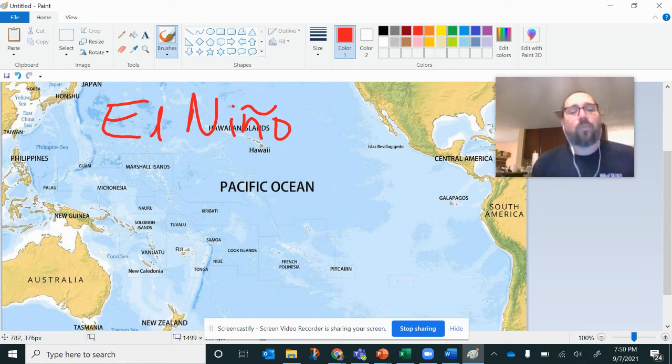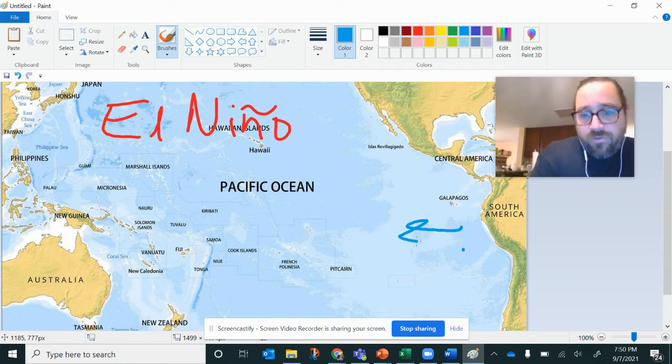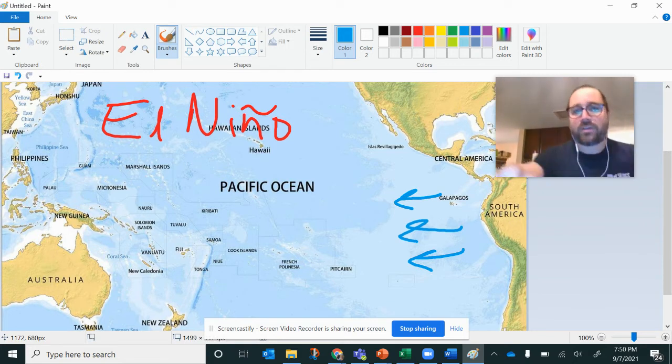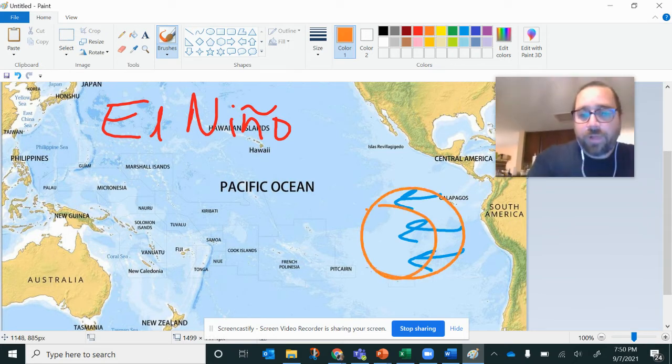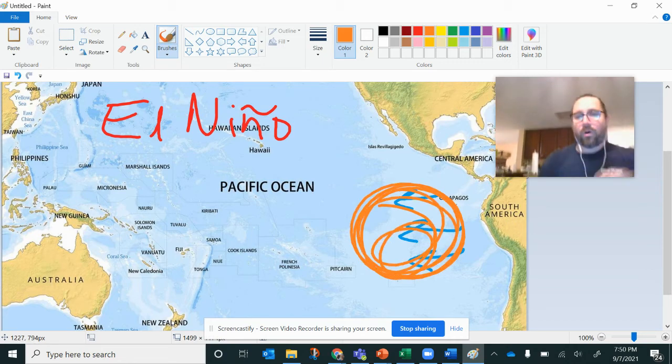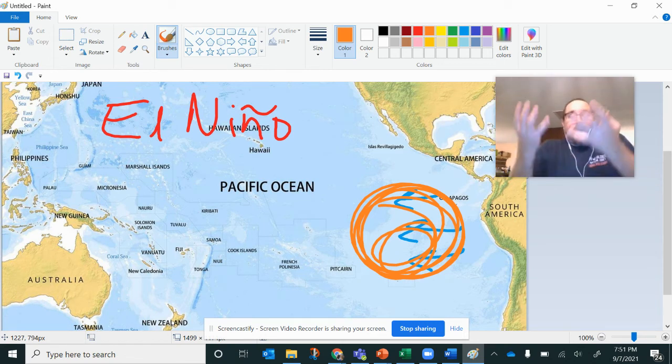Anyway, so what happens now is those trade winds that are supposed to be blowing all the way across are very, very weak. Sometimes those are arrows. Sometimes they even reverse directions. And so now what happens? There's nothing blowing that blob over. The blob of warm water stays over here. It's going to push down that upwelling, so the cold, oxygen-rich, nutrient-rich water does not come up,